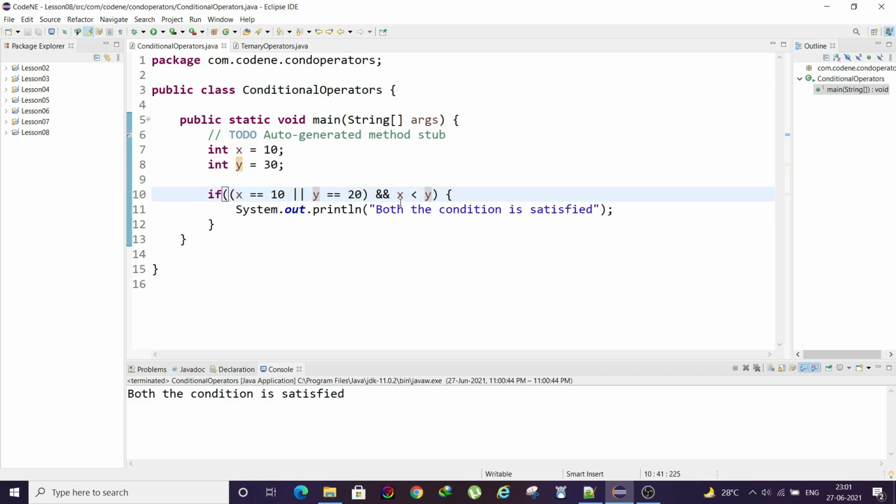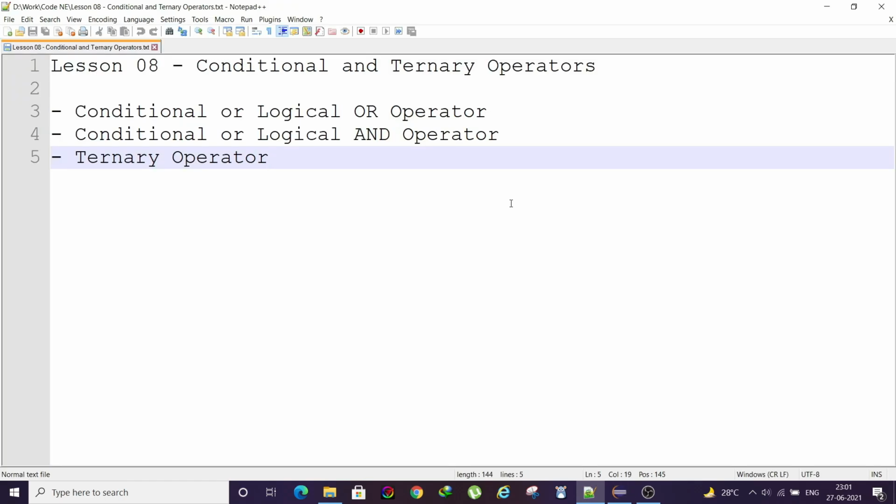Obviously this is satisfied, so any condition from inside the parentheses and then the condition x less than y is satisfied, so we can see the output here. Hope you understand the OR and AND operators.